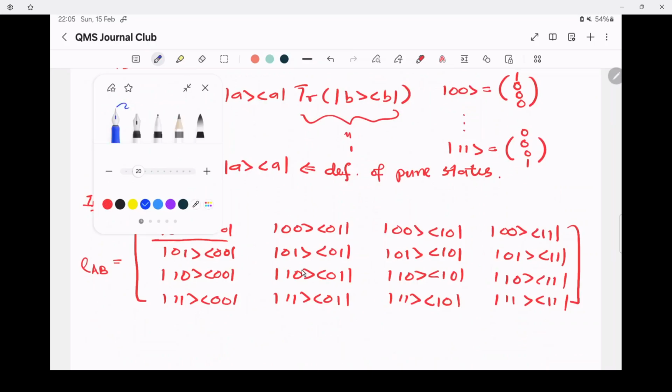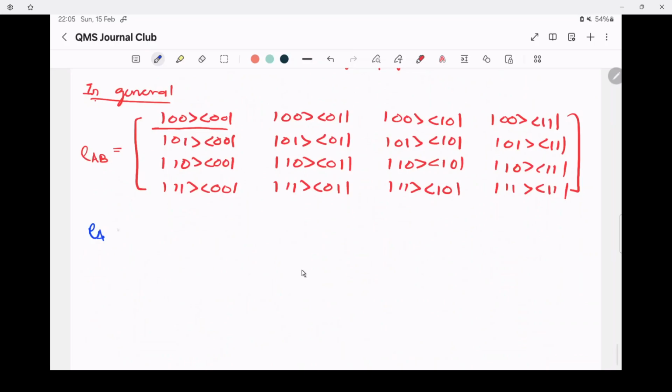So now let's say you want to find row A. So you need to partial trace out the contribution of B. So this is where you look at the second index. If they are the same, you keep it. If they are not the same, you delete it. So that's why row A will be equal to something like this. So the first one you get 0 0. So this contribution, plus